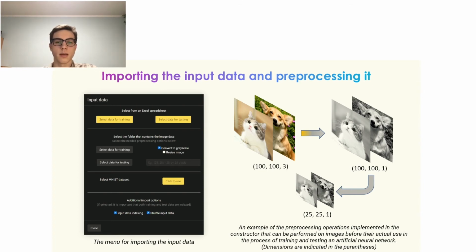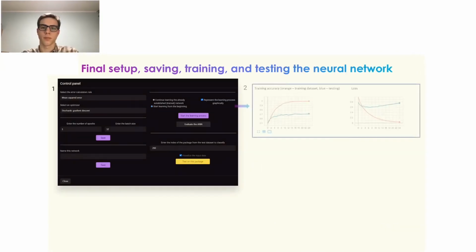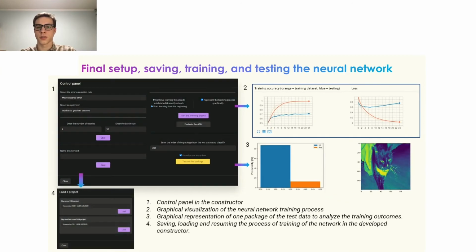If the input data is not shuffled and needs to be, the program offers the ability to shuffle and even index it. Just select the needed options in the menu and click Import. It is that simple. To start the training process of the neural network, you need to configure it, and for that, the constructor provides a set of parameters where you can choose which optimizer and loss function to use,